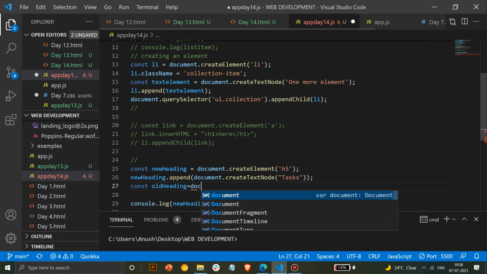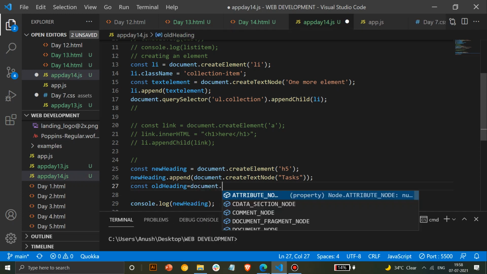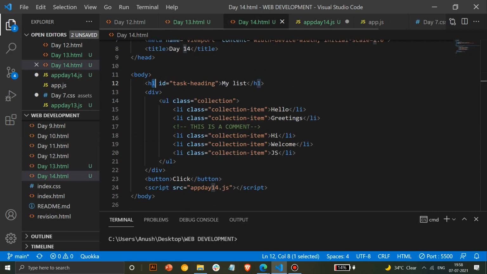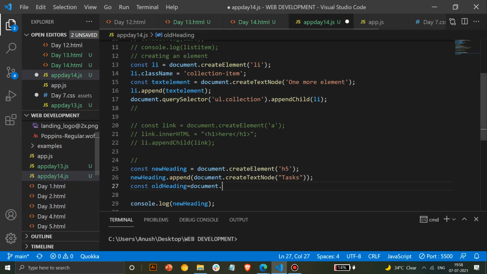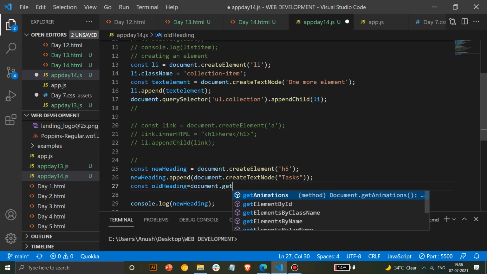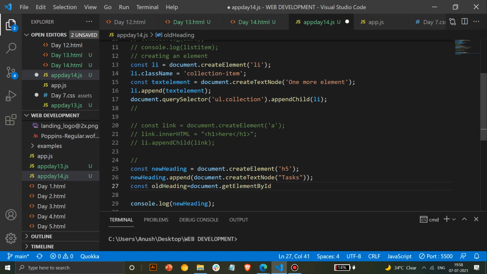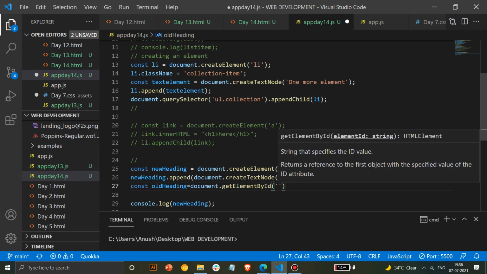If I missed somewhere, do prompt me for that. So how will we get that element? We can get that element using an ID or anything. So we'll get it through an ID. So document dot get element by ID. You can use query selector also, anything. I'm using multiple of them so you will understand a little bit better.